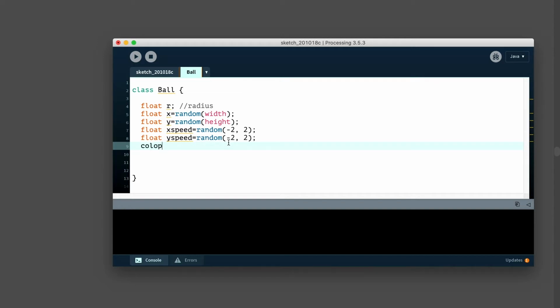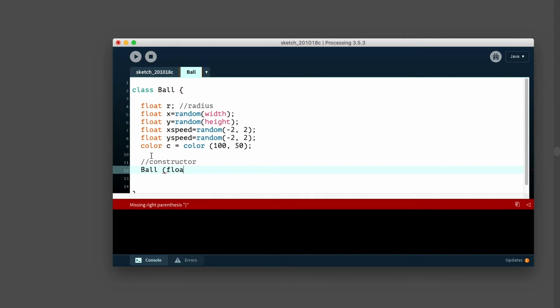Okay, and then maybe we'll throw a color in here as well. Color c is equal to color 150. If you give color just two numbers, one will be the black and white value, and the other will be opacity. So let's move on to the constructor.